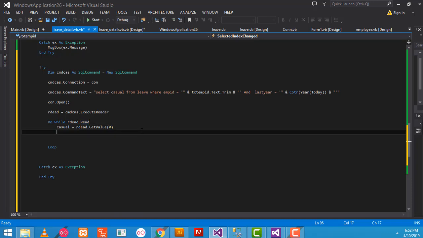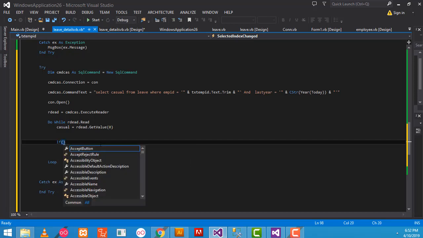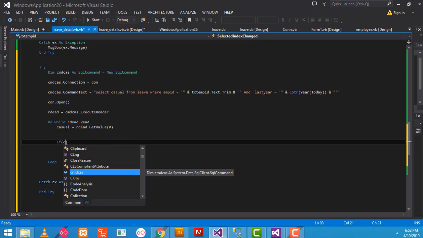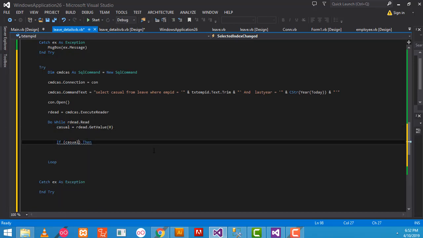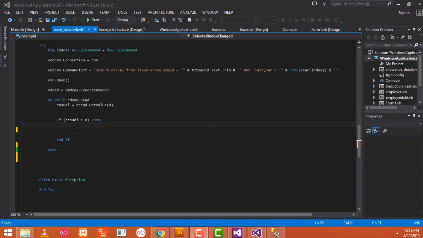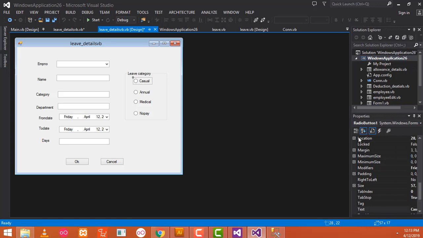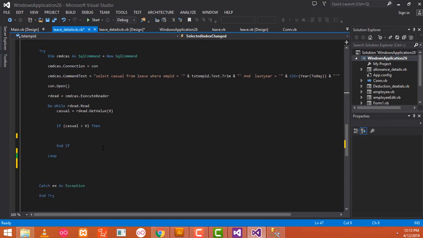Here we have to write it like this: if 0, meaning this position 0, if casual, this one, greater than 0. You are checking greater than 0. Now here, this is the casual radio button, which is named radio button 1. Here I am going to write: if the casual variable is greater than 0,